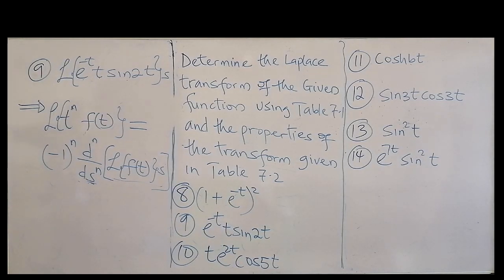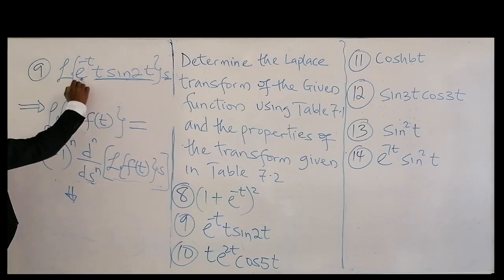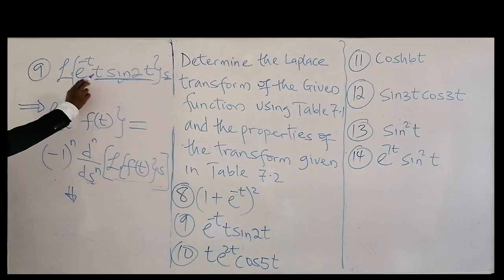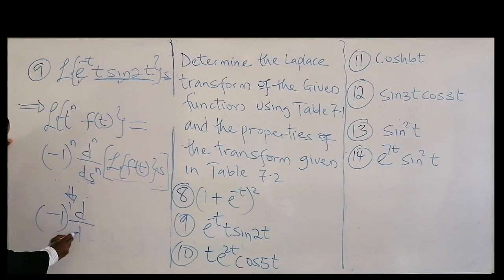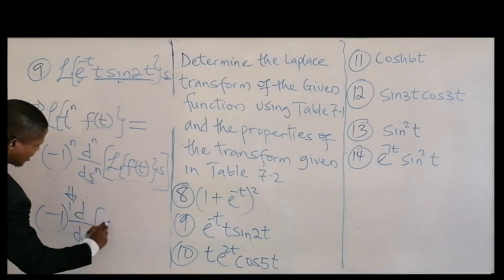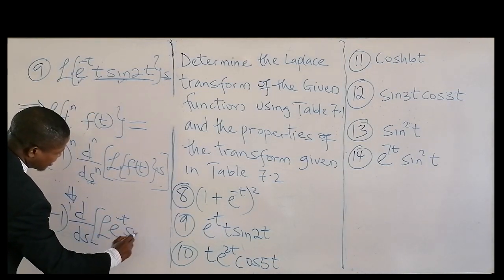The first thing we have to do, this is 3, not even 2. 1, 2, 3. So what can we do? This will now be equal to, we can remove this t here according to this law. So we'll combine this one and this one as 1, and this will be the second one. So the t is having power 1. So it's going to be minus 1 to the power 1. And then your n is 1. So d dx of the Laplace of what remains, this.